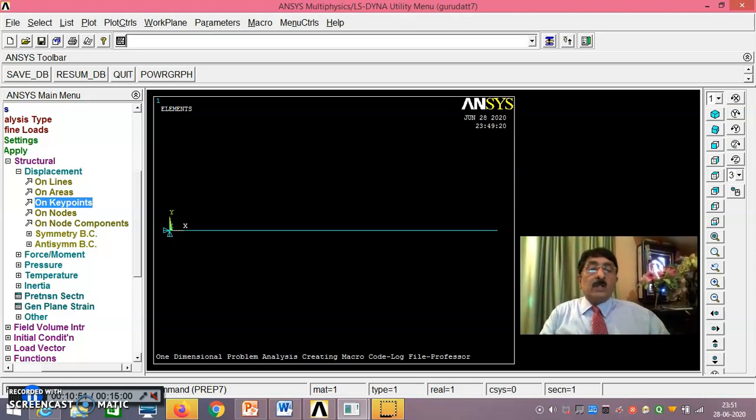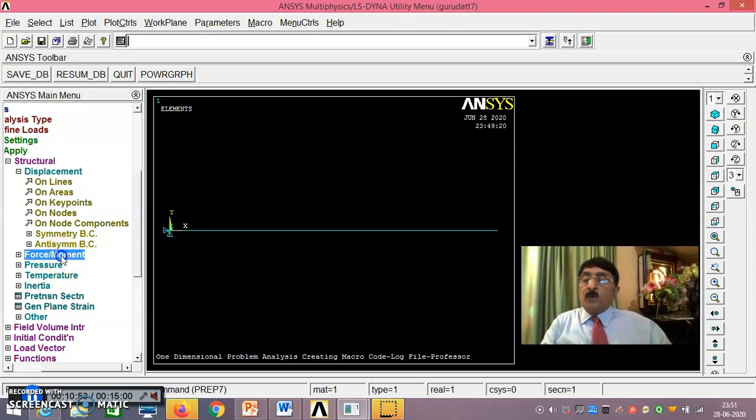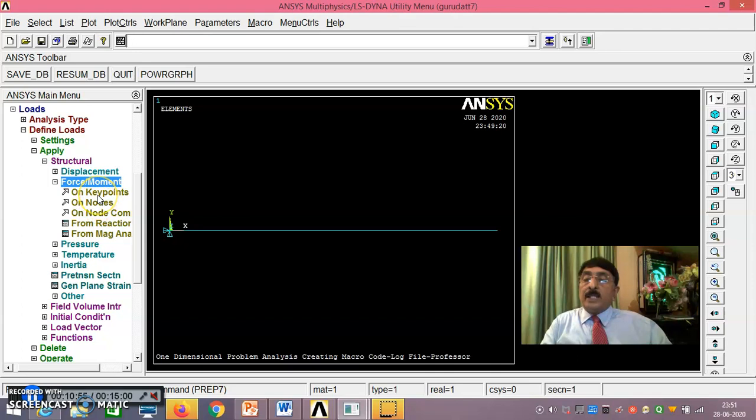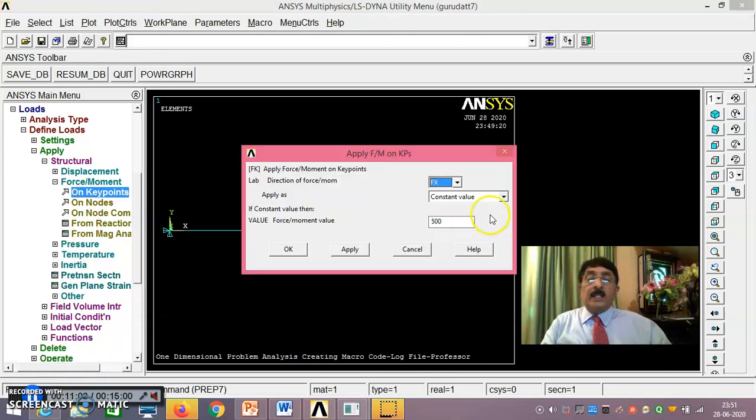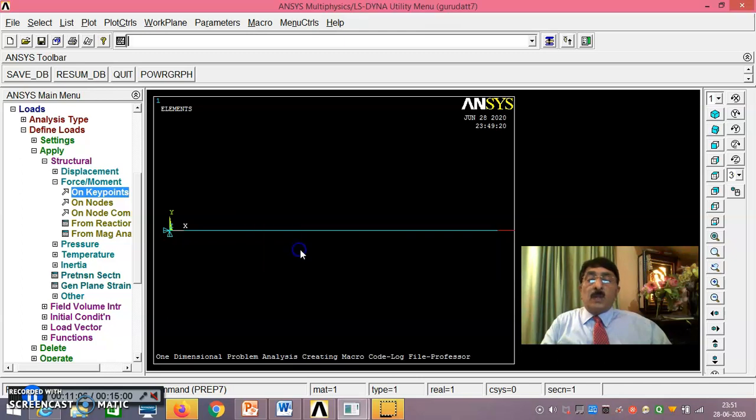Then force moment on key points or nodes, anyway it's the same thing, you just say okay, and then you give FX as 500, you enter, you just say okay. Then plot, multi-plot if you do, you see this is steel, this is aluminum, and you have force in the positive direction, this is 500 newtons.